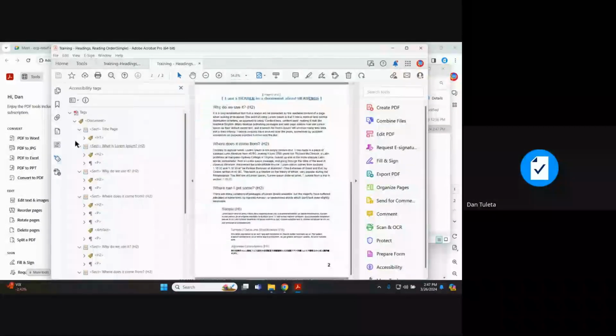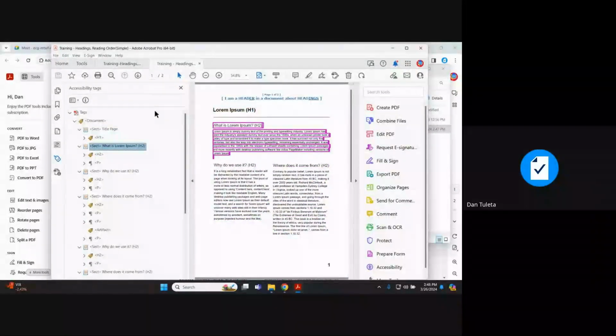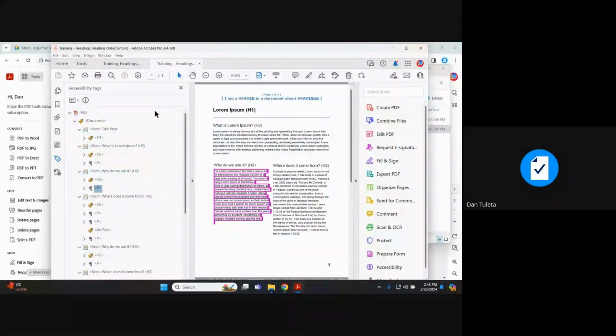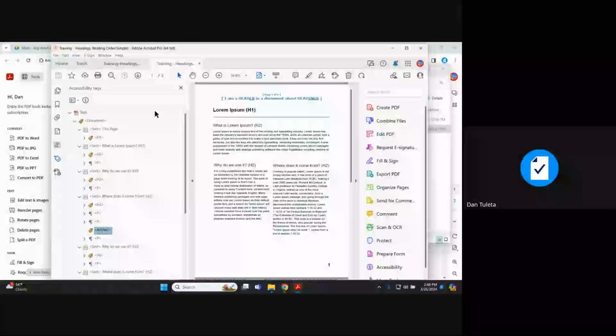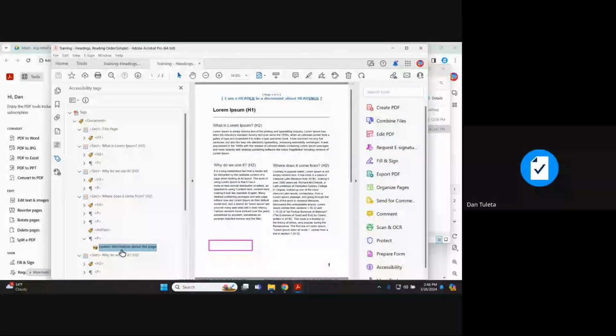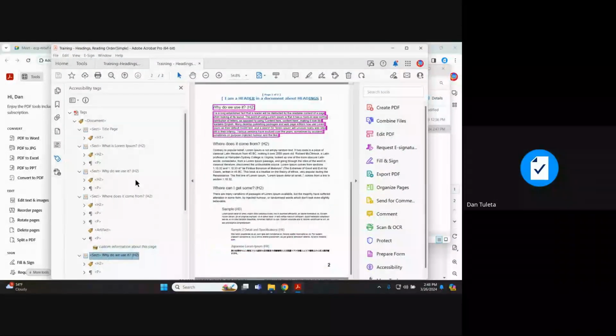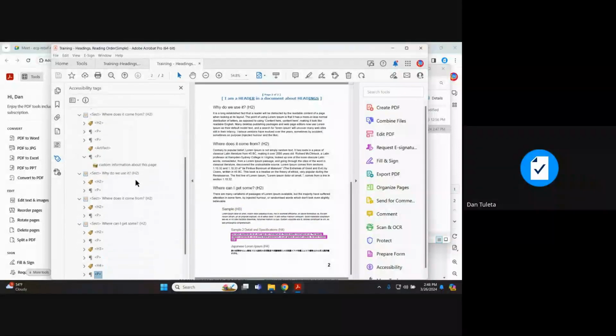But if we go to the one that we just exported from Equidox, and we look at the tag structure, this document is now fully tagged. So everything that we built and we checked in that HTML preview is reflected here. You can see all of our heading level 2s, all of our P tags. Here's even that little custom information about the page. You can see that we've actually inserted that little hidden message for a screen reader user. All of that work that we did and checked along the way using the preview